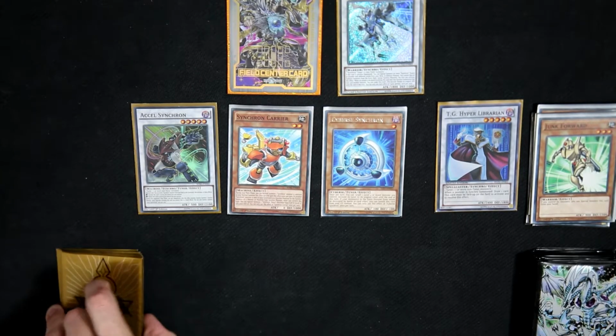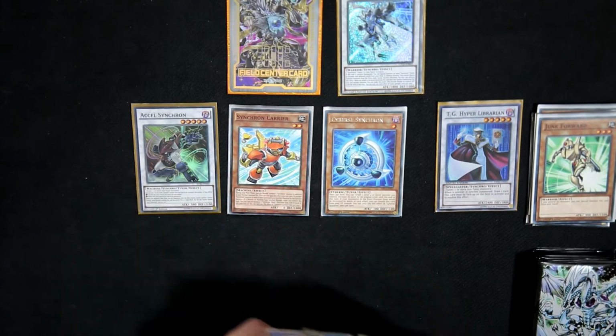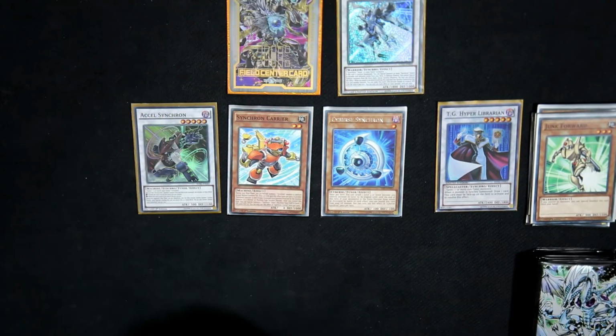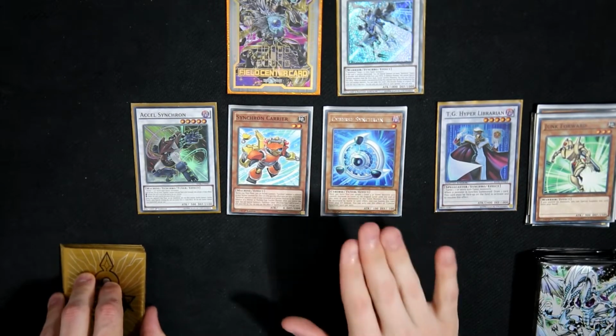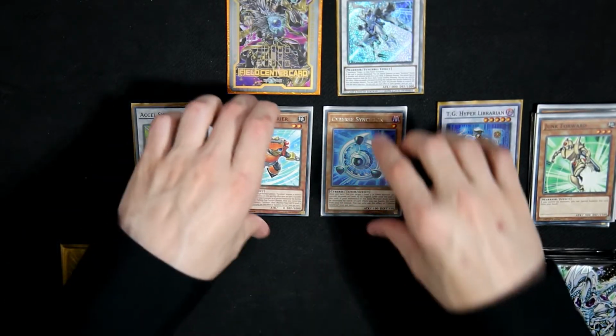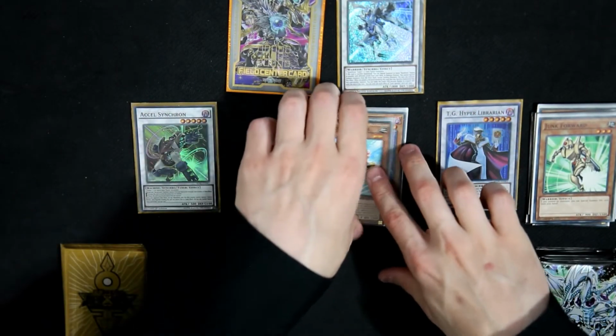So actually we're going to do that. We're going to put Star Guardian on board. We're going to do this by using Cyber, seeing as his first effect is not a once per turn effect. We're going to use Cyber Synchron's effect, target our Synchron carrier, make our Synchron carrier level 4, and we are going to synchro off